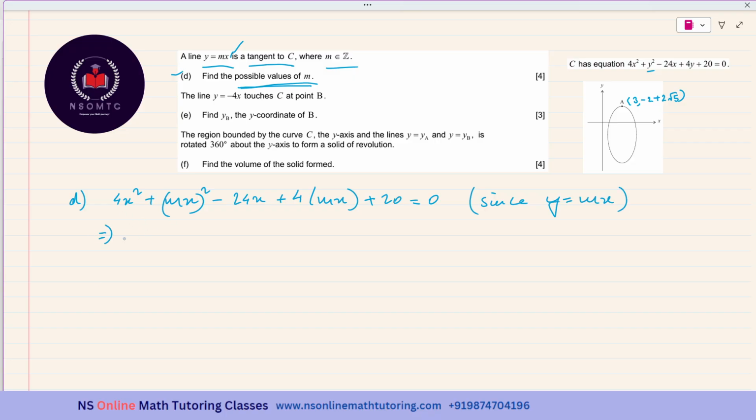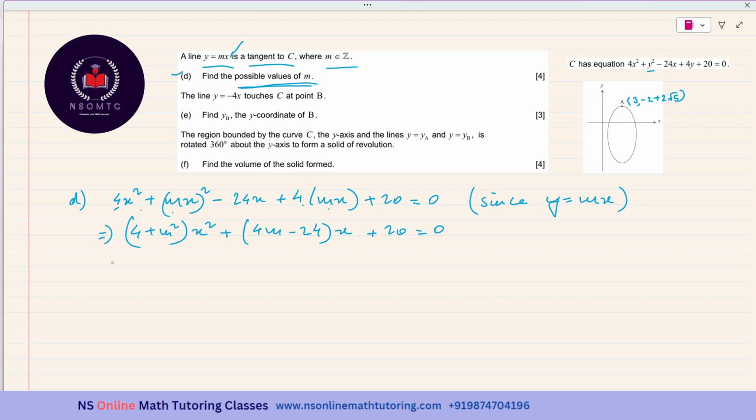And then I'll be simplifying. So it is x squared, and the coefficients will be 4 and m squared. So 4 plus m squared x squared. And for the coefficients of x, this is 4m and this is minus 24. So it is 4m minus 24 x, and plus 20